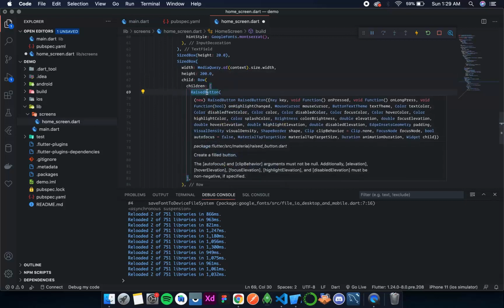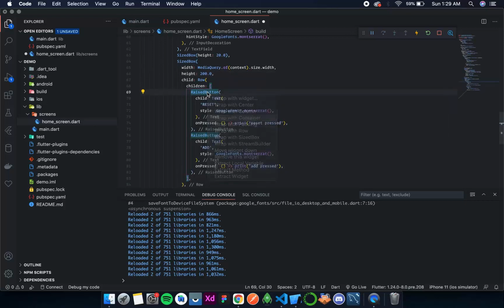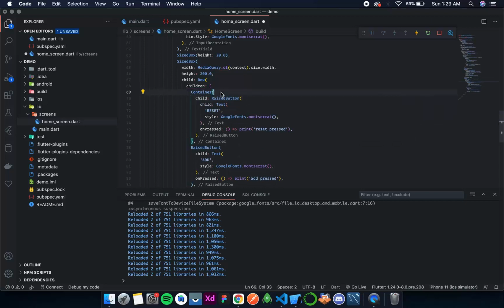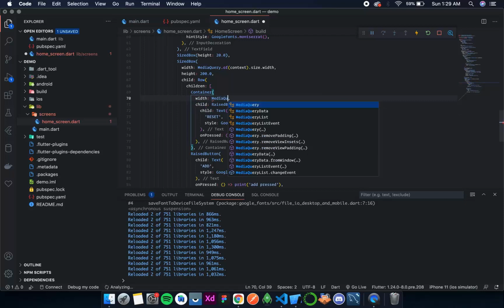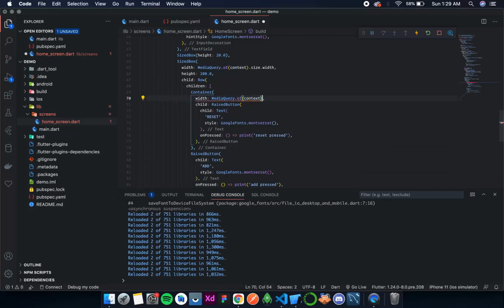Okay, so now this raised button goes inside a container. The container has a width of MediaQuery.of(context).size.width divided by 2, means half the screen size, and then this entire thing minus 10, that will be added for the padding.